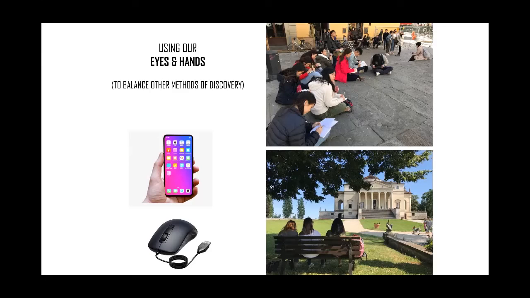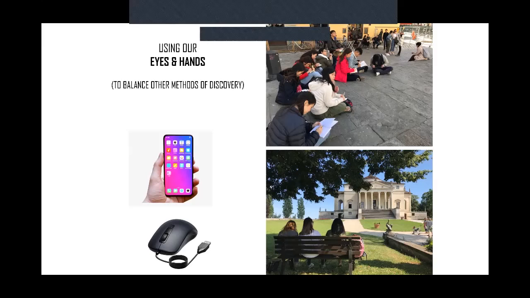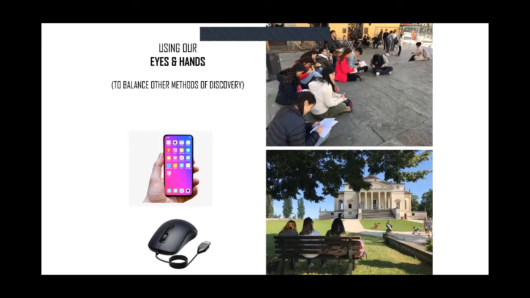But everyone has forgotten to mention the most important thing about this slide. It is really to sketch and to use one's eyes and hands to express things, to balance out other methods of discovery, because these days no one sketches, I realize, whether in school or even in the office. So the idea was to really take these students there to look at things and to really think about it and recreate the proportions of the Villa Rotunda, rather than just using their mobile phones and their mouse. Next.